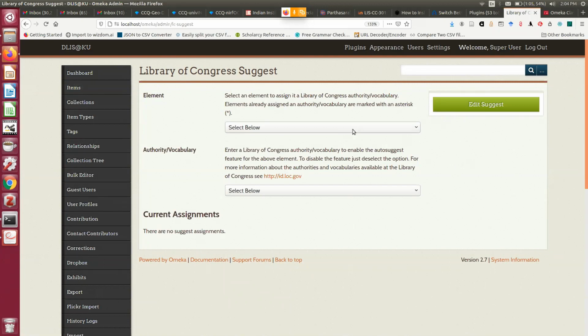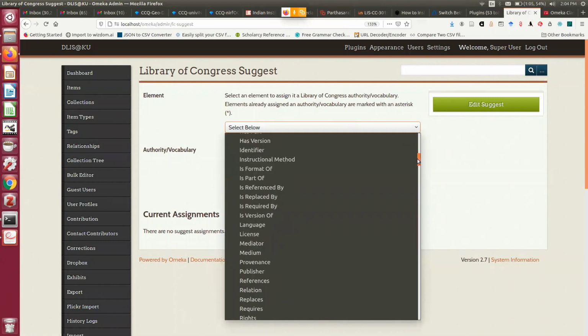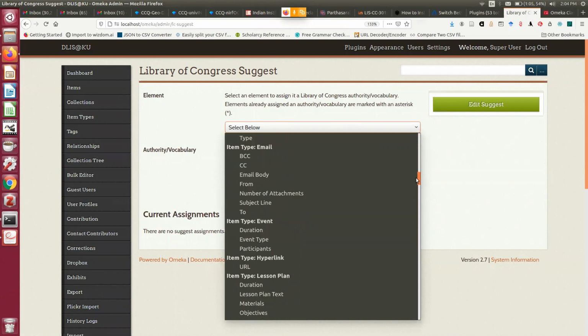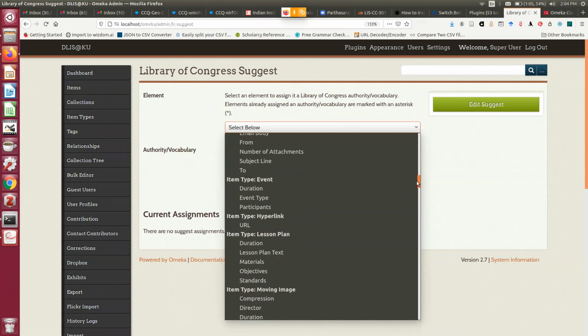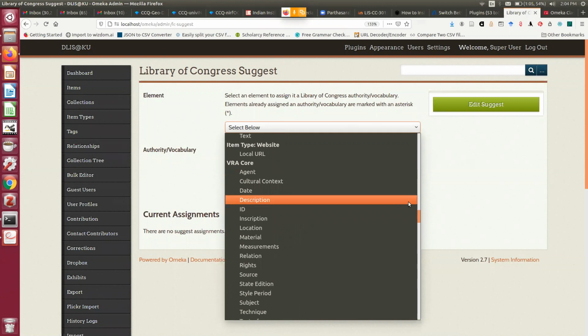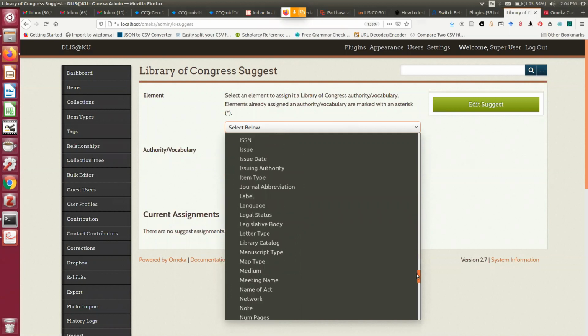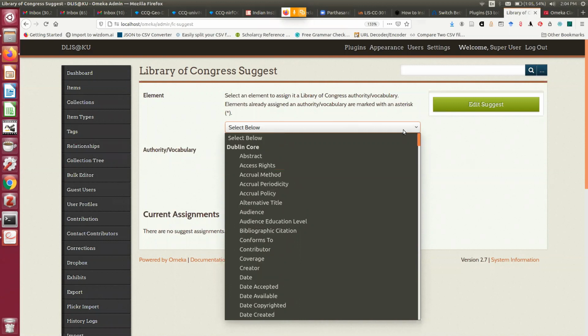Let me first select dc.creator. So these are all Dublin Core related metadata fields. These are all item type related. These are item type event related. Even VRA Core metadata elements are also there. Then Zotero metadata elements. All are there. Now my target is Dublin Core.